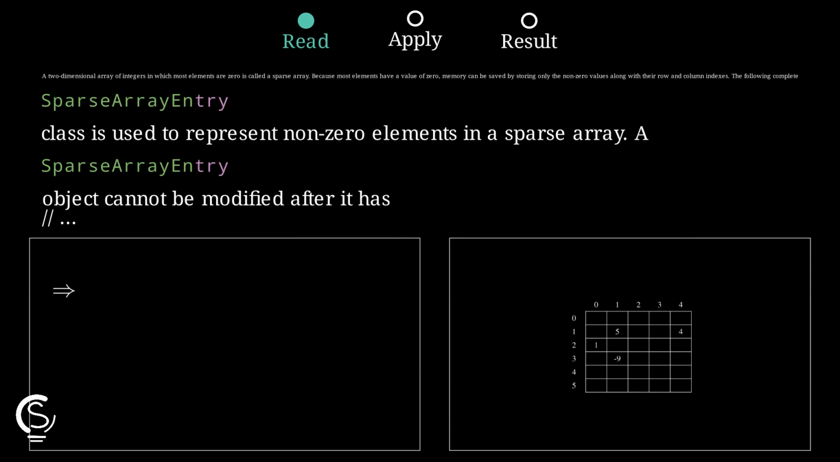A correct implementation is: public int getValueAt(int row, int col) { for (SparseArrayEntry e : entries) { if (e.getRow() == row && e.getCol() == col) { return e.getValue(); } } return 0; } For part B, removeColumn must